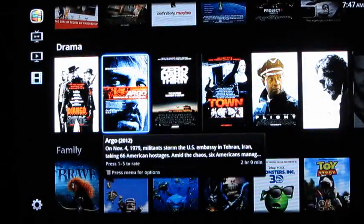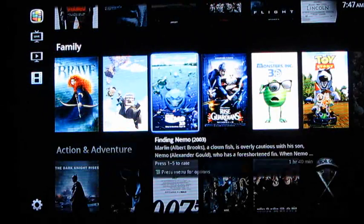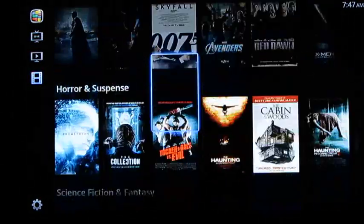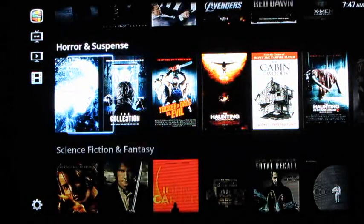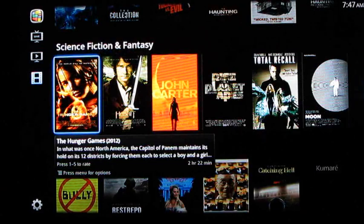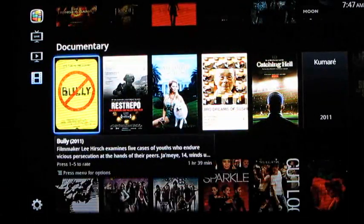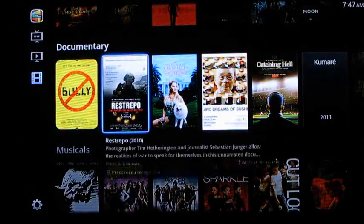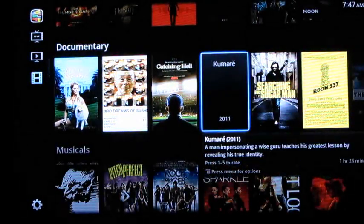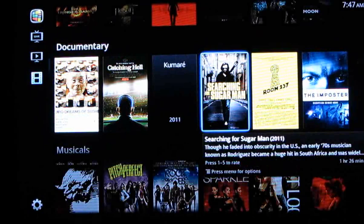So while there's a lot of content that you can access, and if you want to combine your cable or satellite program with what's available online, Google TV as a platform is kind of a neat way to do it, but the controls can be a little bit sluggish, the controls can be a little bit user inconsistent. It can take a little while to find what you're looking for, and then once you're playing it, it can take a while to figure out how to stop it, how to fast forward, etc. So there's a little bit of a learning curve, I think, which is unfortunate,